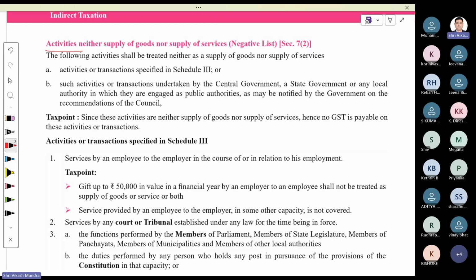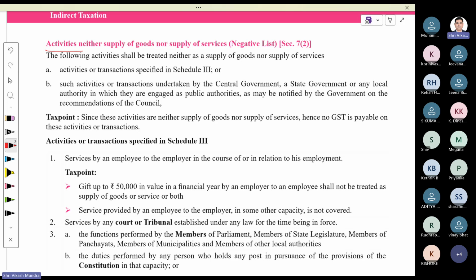If in an examination a question like this is asked, write any 5 activities covered in the negative list, what you are required to mention is Schedule 3. Any 5 activities from Schedule 3 you are required to write. Got it? In Schedule 3,